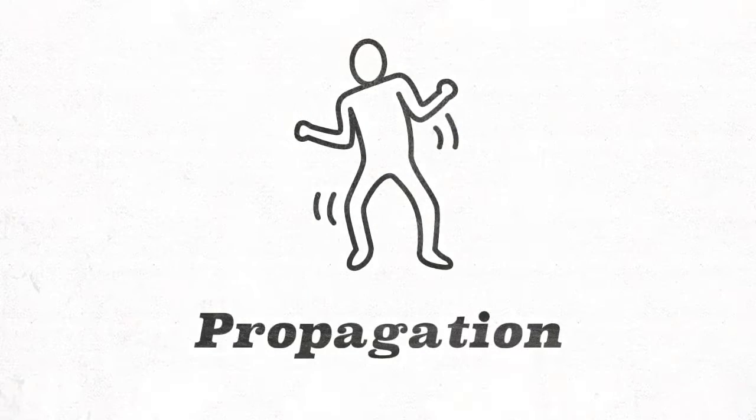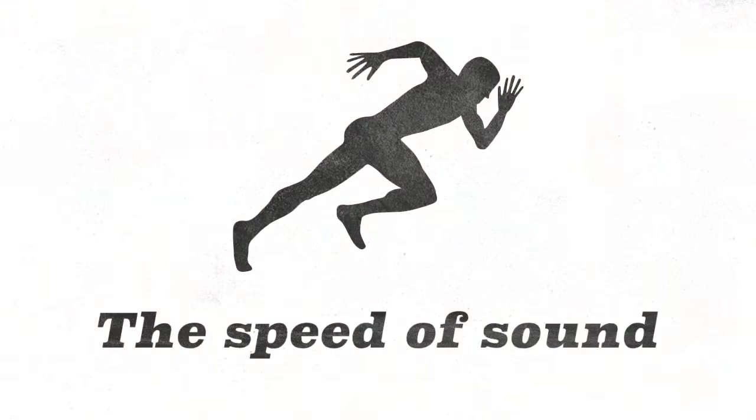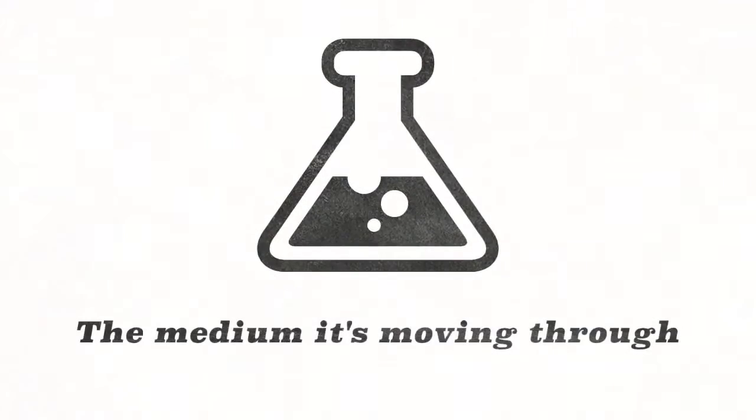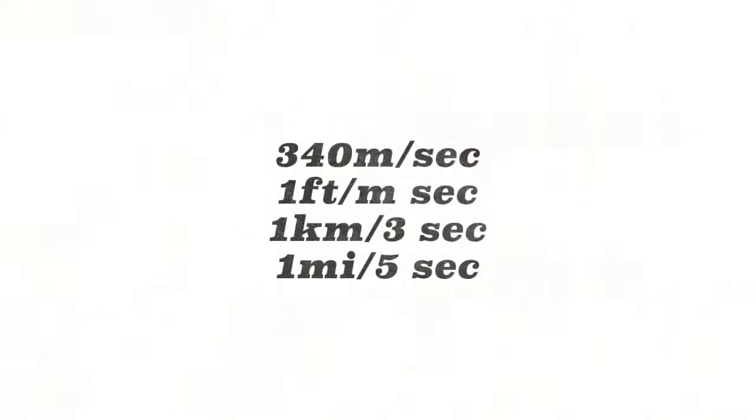Propagation is sound's movement through a medium. Sound moves in longitudinal waves. The speed of sound is impacted by temperature, elevation, and the medium it's moving through. We typically think about the speed of sound in the air. In the air, sound moves 340 meters per second, 1 foot per millisecond, 1 kilometer per 3 seconds, and 1